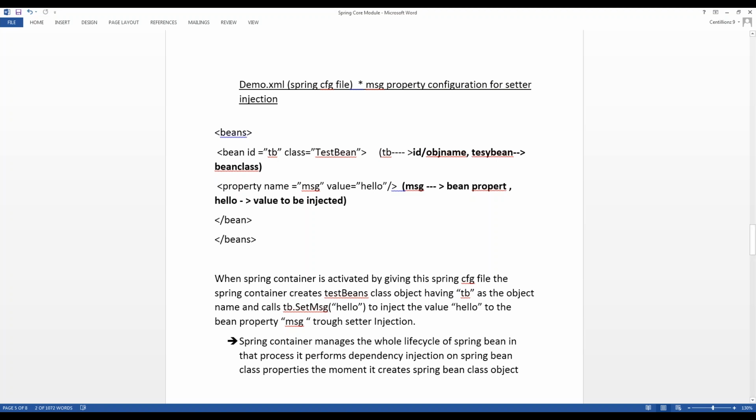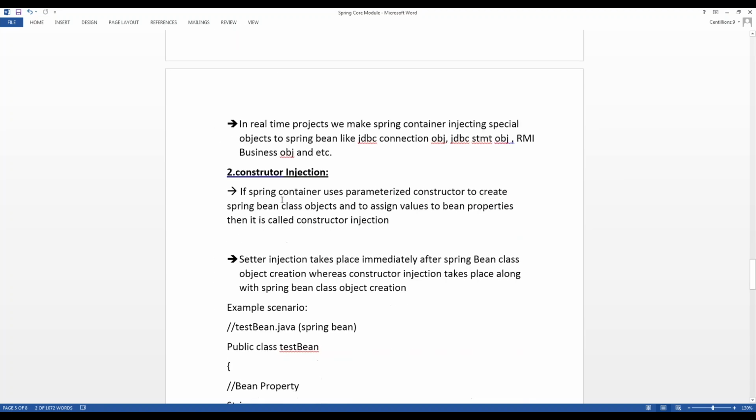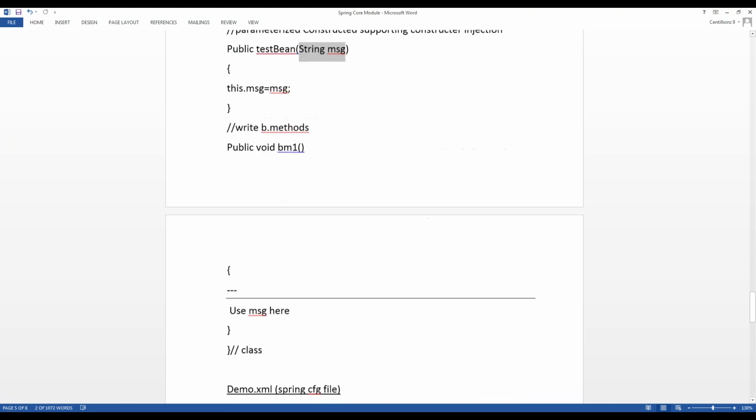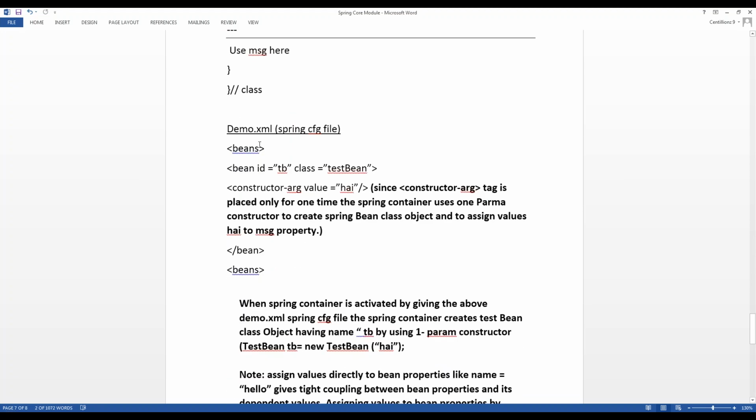And one more thing here is the string constructor; you can understand these by seeing my explanation. TB is the ID name, test bean. This is the name of the class we are using as the Java bean or Spring bean. We use the same name, because we use it in the CFG file, the configuration file, as indicated, and we allow an XML file here. Demo is the name of the CFG. This is the Spring configuration file which allows the bean ID and class name. So we can easily understand those things.